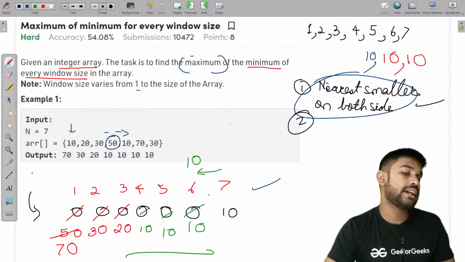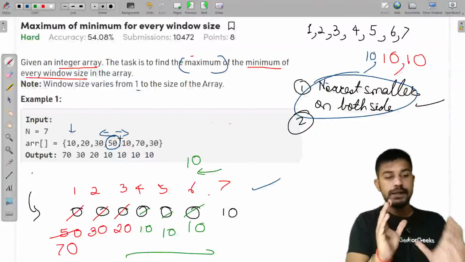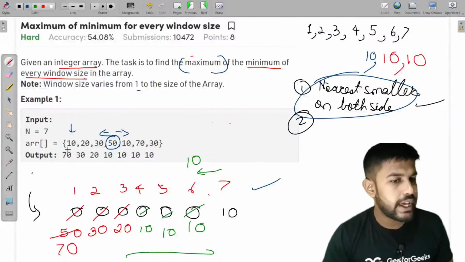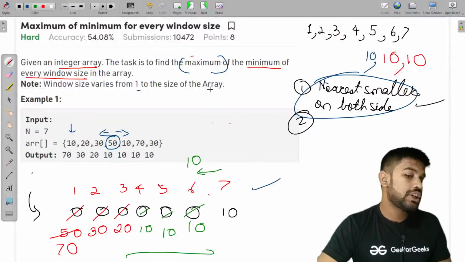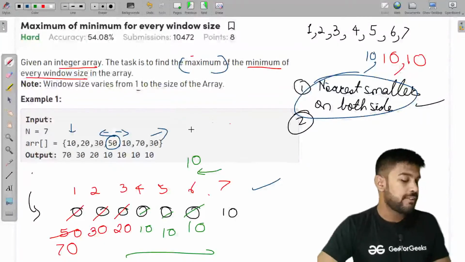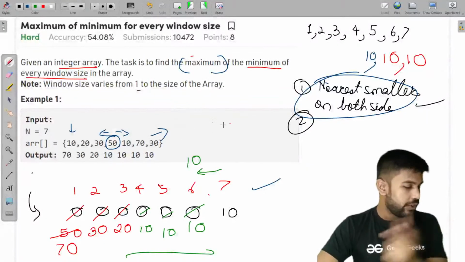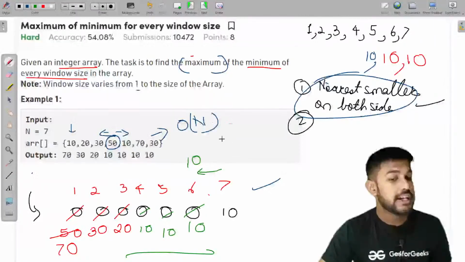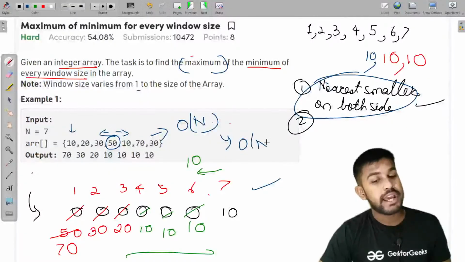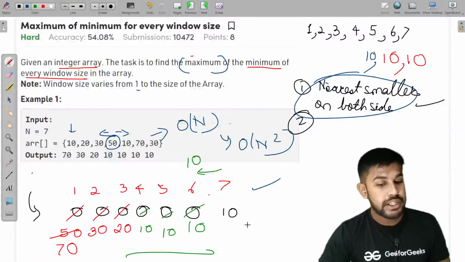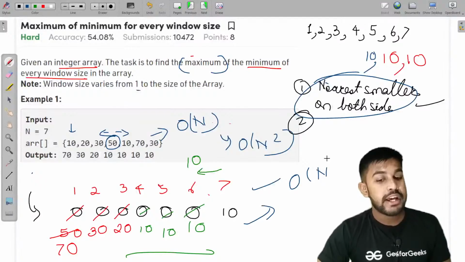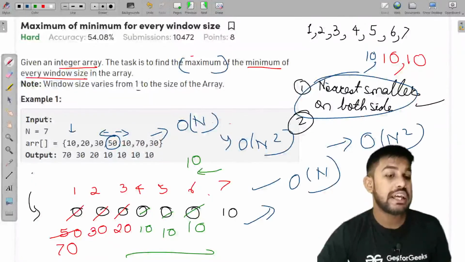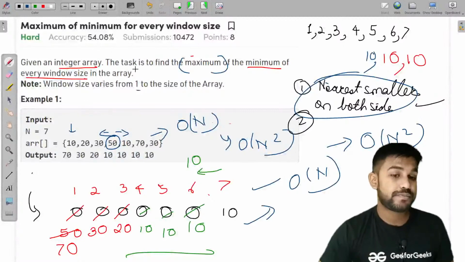I can only go far till this point and this point. So I would simply take a loop on the right side and on the left side by using a simple loop. Okay, so there is a better version, and this would take, for each element we would do 2 loops, moving this side and this side. So we would be doing n operations for each element. So for n elements we would be doing n square operation, and this operation is again taking big O of n. So your solution would be having big O of n square solution, as the length of the